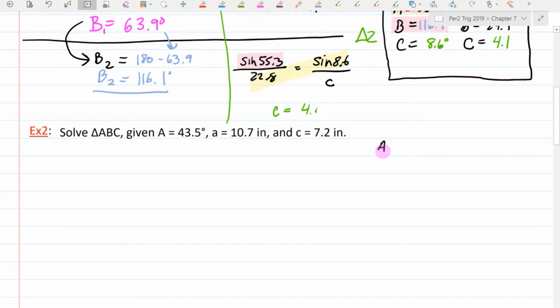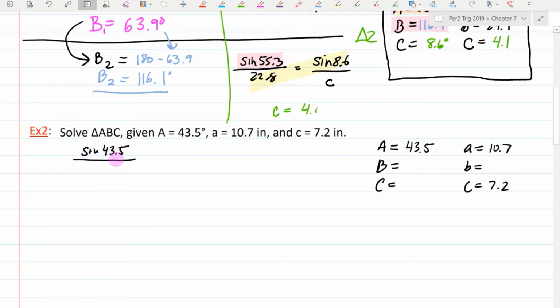Okay, here we go. A, B, C. In this case, A is 43.5, a is 10.7, and C is 7.2. So, sine of 43.5 over 10.7 equals sine of C over 7.2. We cross multiply these two together, divide by that. This will give you sine of C is equal to